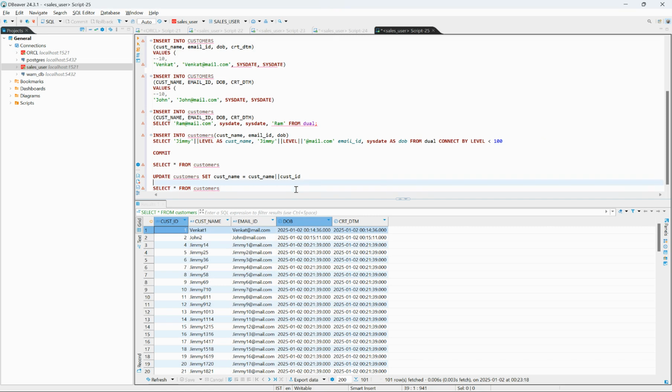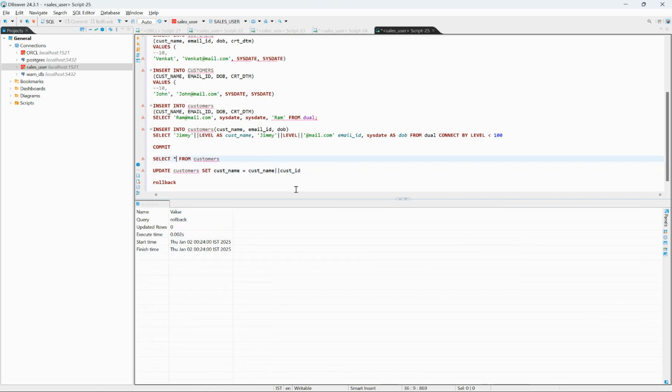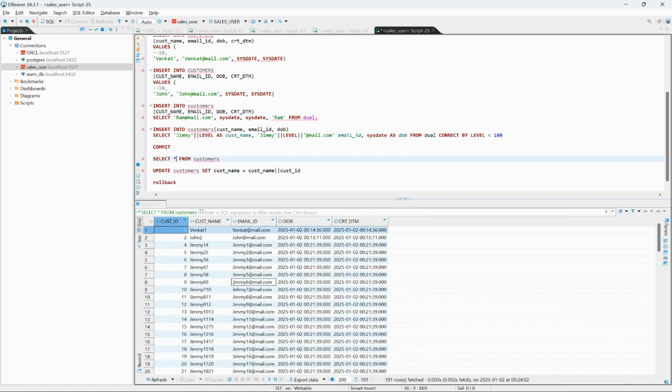What I want to do is the other way. I'll just roll back the changes I have done just now, and then let's select the data once again, and we can see that it actually auto committed this particular